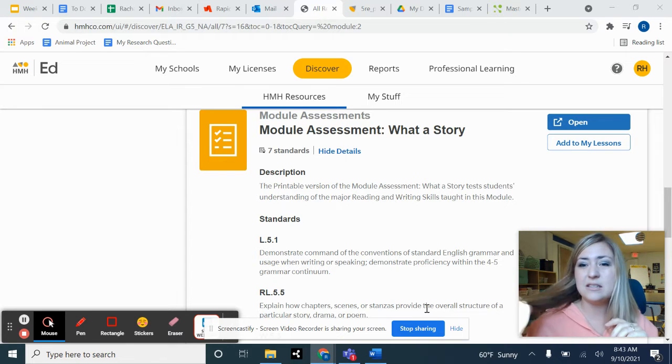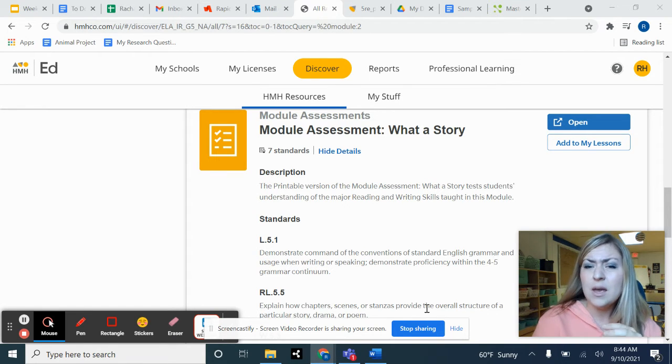One of the things we've discussed is that I don't love the HMH test, or there are parts of it that I really like, but some parts feel aligned to Texas, or some parts feel really abstract. One of the things I experienced the most last year is that there's not enough questions on this test to tell me whether this kid really knows this standard or not. One or two questions doesn't always make me feel good about where they're at, or if they can evaluate or apply or analyze